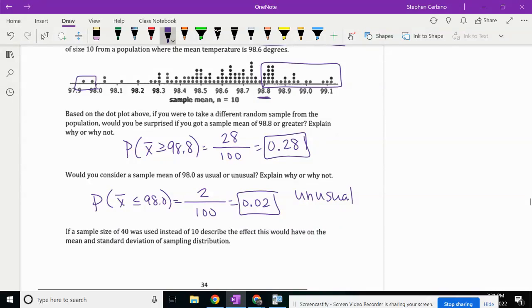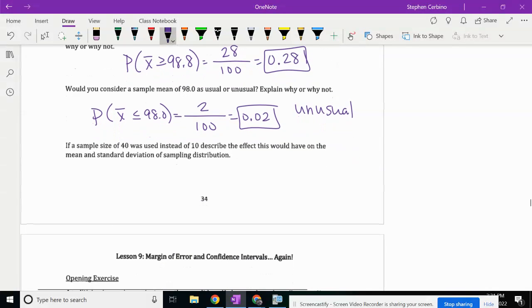The last question, and probably one of the most useful things about lesson number 6, is what happens if the sample size was increased from 10 people that we surveyed to 40 people that we surveyed. We went through a flow chart the other day of what happens when the sample size changes. So if the sample size is increased to 40, this is going to tell us the standard deviation will decrease, which tells us the margin of error will decrease,